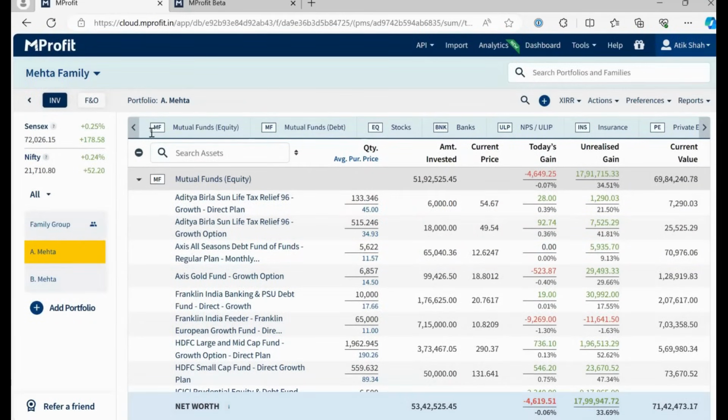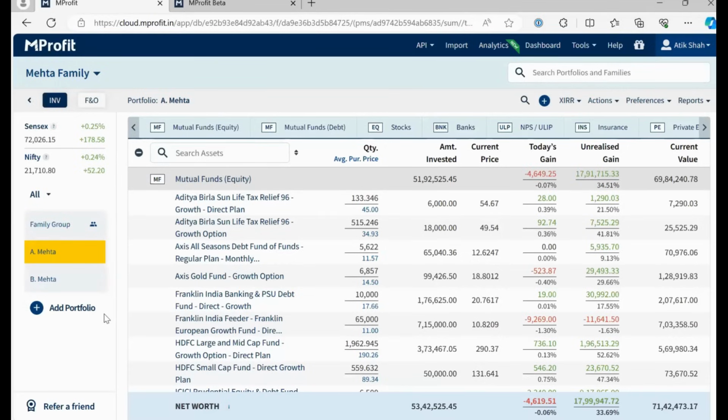Yeah, I just want to add one point here. As we are showing it for one PAN, if you have a family and there are 3 different members in the family, we do allow syncing data PAN wise. So you have to simply sync the data one by one for one PAN, then second PAN and third PAN. So not only one PAN, but you can actually sync the data for all the family members. Right. So you'll be able to sync data for each family member and maintain PAN-wise portfolios. Like for example, here we have created a Mehta family. We have A Mehta, B Mehta, C Mehta.